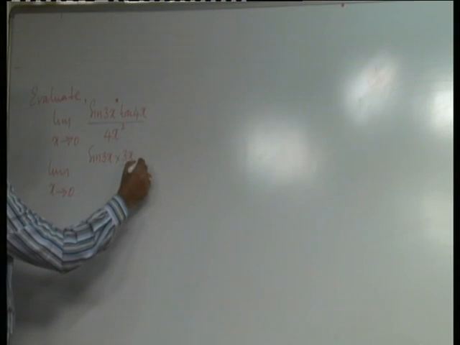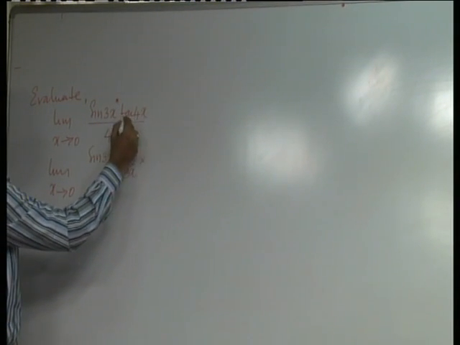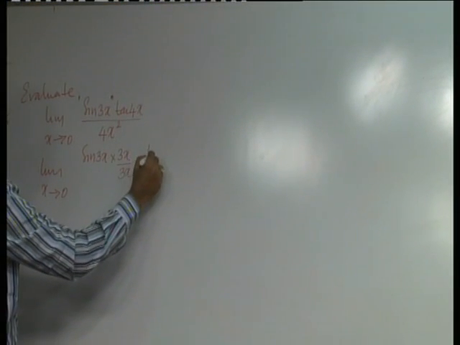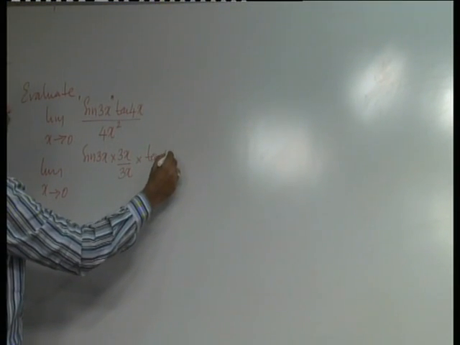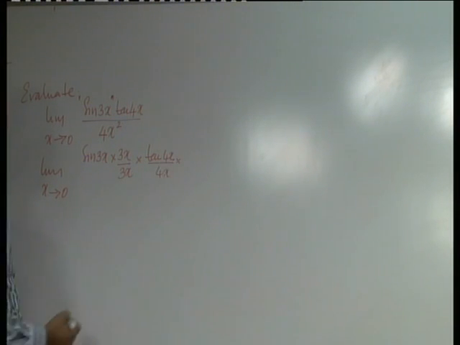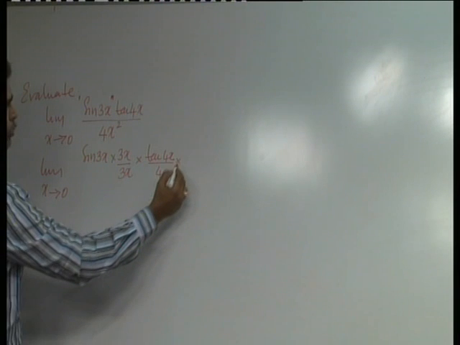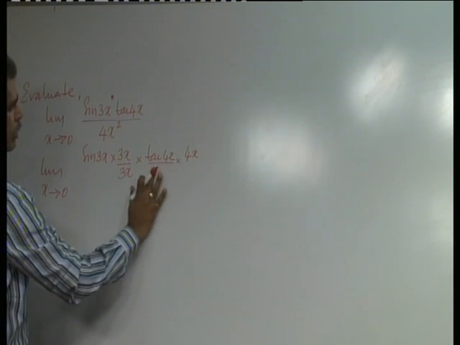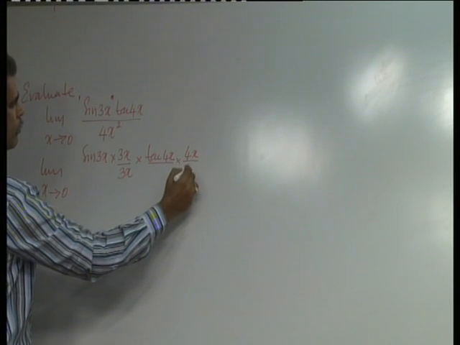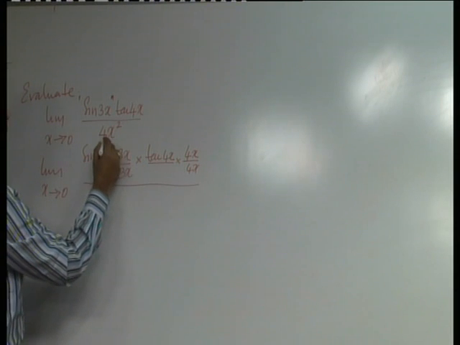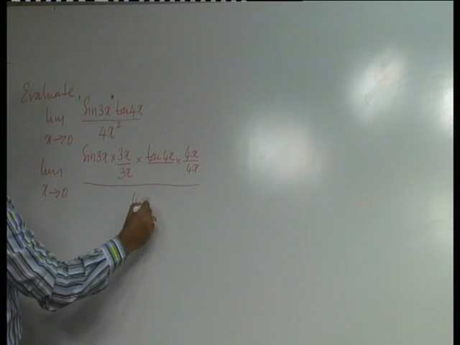At the same time, the tan 4x should also be converted into standard form, that is the tan 4x requires 4x at the denominator. I cannot take directly, therefore, I need to multiply and divide it by 4x, either I can take here or I can take here, whole divided by this 4x square,